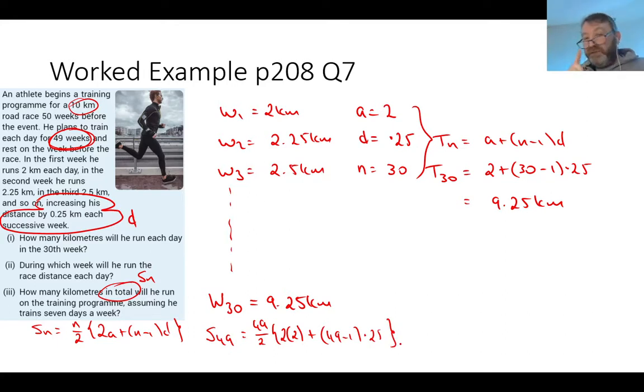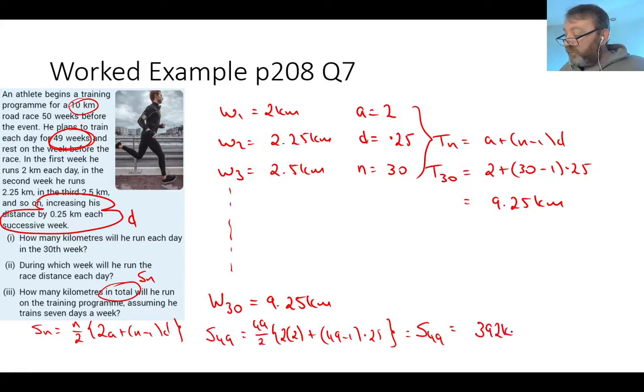All right. But please remember that if I work out the value of this thing, that is working out the premise that he ran only once on one day during each week. Okay, so what I then have to do is remember that these particular distances are all repeated 7 times. So therefore I'm going to work this out first of all. Let me do this in the calculator. S of 49 is equal to 49 divided by 2. So turn on your fraction, 49 divided by 2, and then open your bracket. 2 2's are 4, plus 48 times 0.25. And then close your bracket at the very end, and you get an answer of